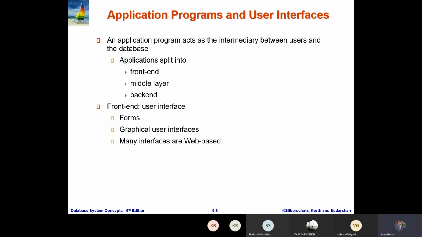For example, you can see the website of our university, that is called the front end. Front end means the website or application which is visible to the student. We are not talking about websites only, we are talking about applications also.